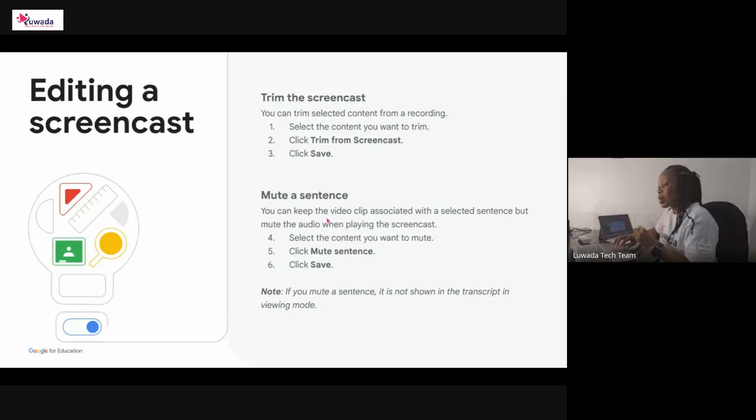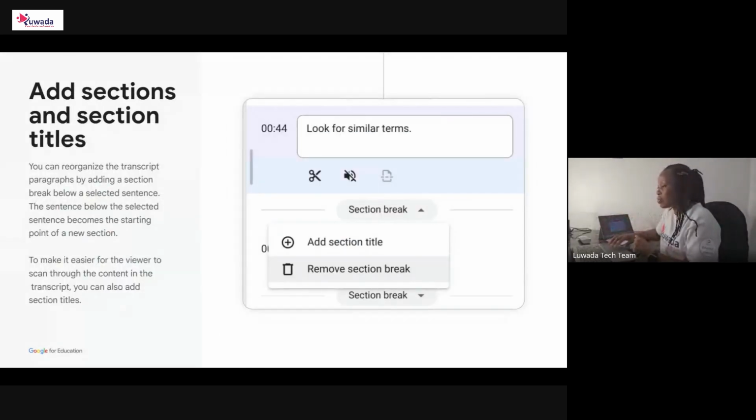Another thing is that a particular aspect of this video can be muted. You can mute it so that nobody will hear what you say in that part, maybe because it's not necessary. Then you can also trim it. Trimming can cut some part of the video that is unnecessary. You can cut them out. These are what we have available